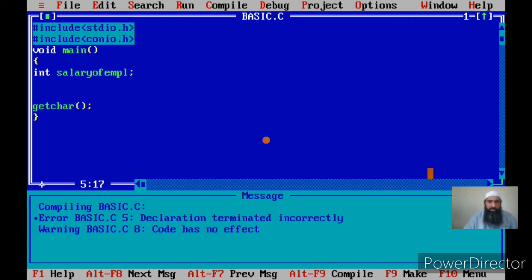Now there is one more rule. Suppose I give the variable name like S1, 2, 3, 4, 5, 6, 7, 8, 9, 0. This is possible. Now if we count this, these are 10 characters, then I am giving again 10 characters, then again 1, 2, 3, 4, 5, 6, 7, 8, 9.